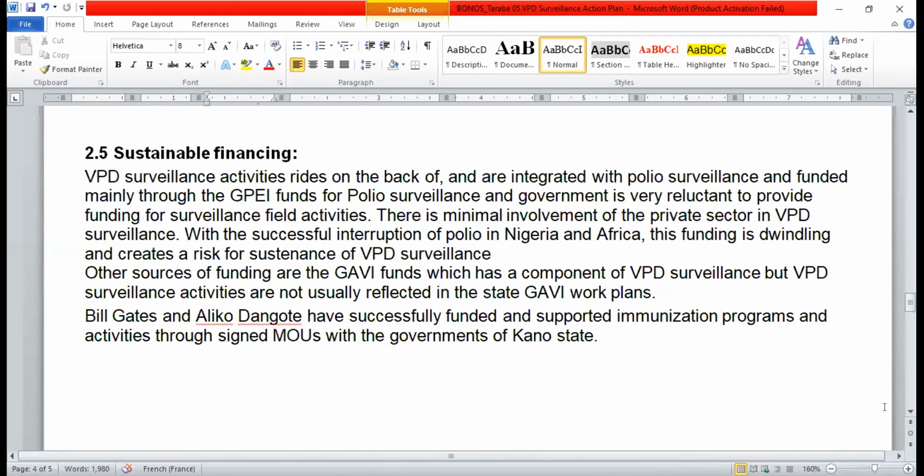Sustainable finance, as said earlier: funding is GPI driven for polio, and polio is winding down, so the funds are going down. So there's a threat to surveillance, but other sources of funding can be the Gavi funds. And then we have seen some private wealthy individuals have successfully funded and supported immunization programs. We will look into that.